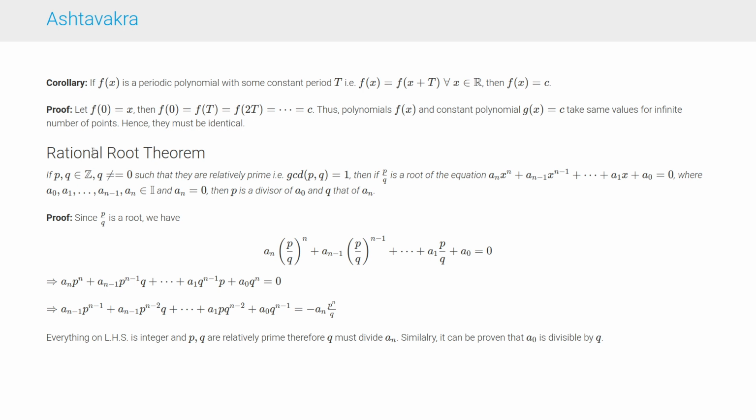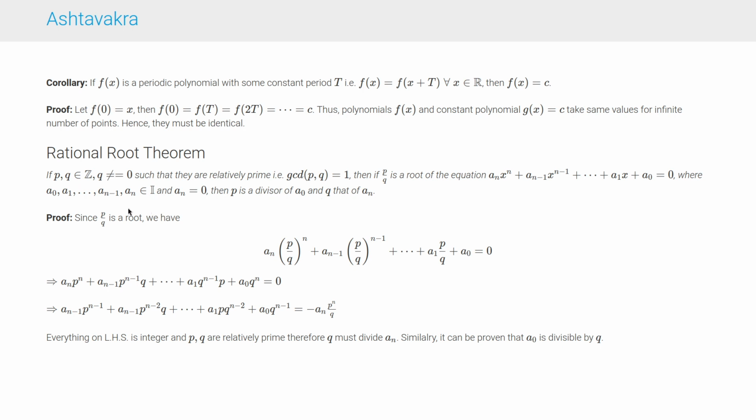The next theorem is the rational root theorem. It says that if p, q belong to the set of integers, q not equal to 0 (the extra equal-to sign here should be removed), such that they are relatively prime, that is, the greatest common divisor of p and q is 1, then if p by q is a root of the equation a_n x^n + a_(n-1) x^(n-1) and so on up to a_1 x + a_0 = 0, where a_0, a_1 through a_(n-1) and a_n belong to the set of integers and a_n is not equal to 0,